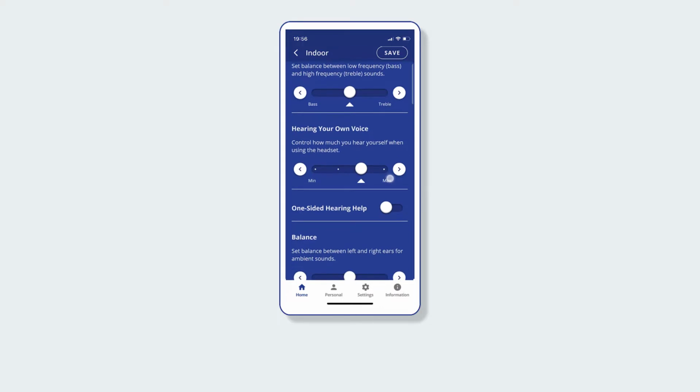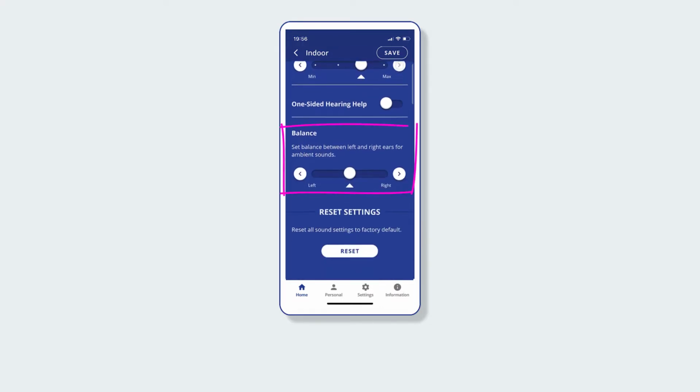The next slider lets you set the balance between your ears. If you've performed the hearing assessment, your hearing baseline will reflect any imbalance between your ears and adjust amplification for all sounds accordingly. However, this slider can be used to augment the results of the hearing assessment if you like. Say, for example, that your mother-in-law has been seated to your left at a dinner party. In that case, you can modify the balance to favor your right ear only.